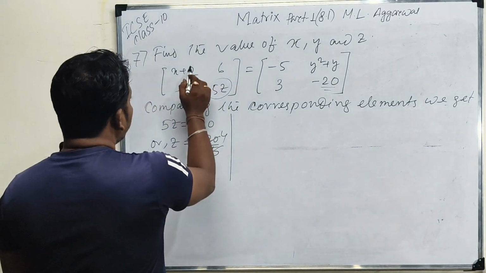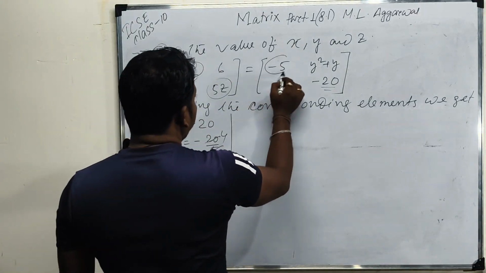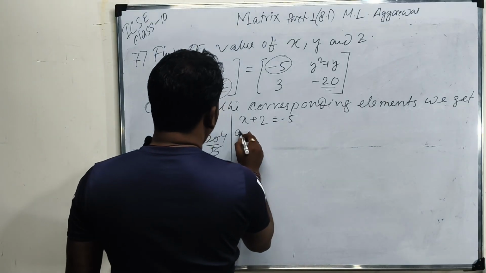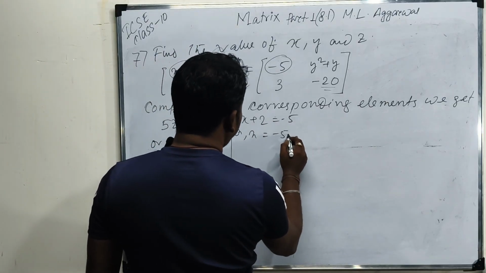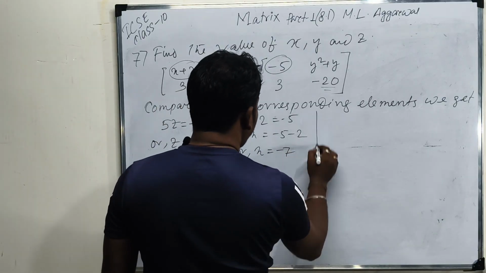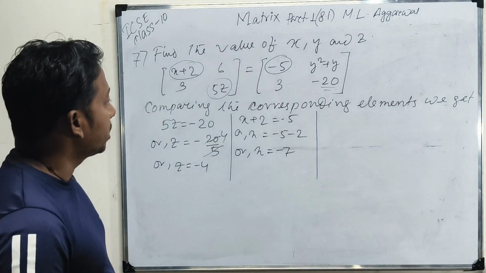Now here look, the position of 1 1, that is x plus 2 is equal to minus 5, or x equals minus 5 minus 2, or x equals minus 7. We got the value of x is minus 7. Now